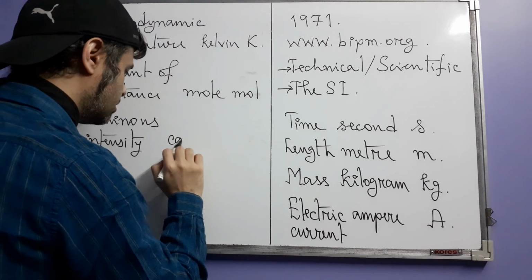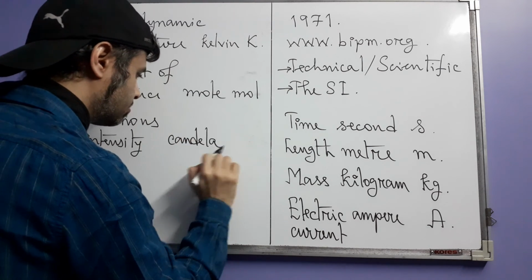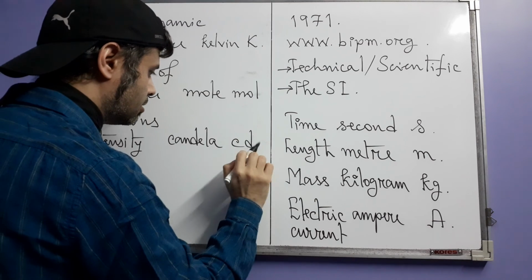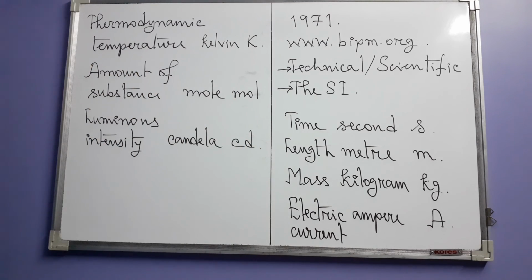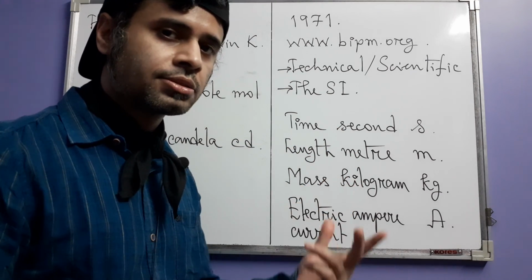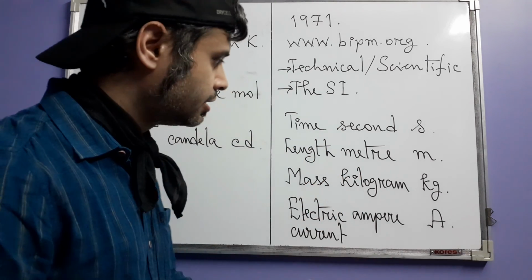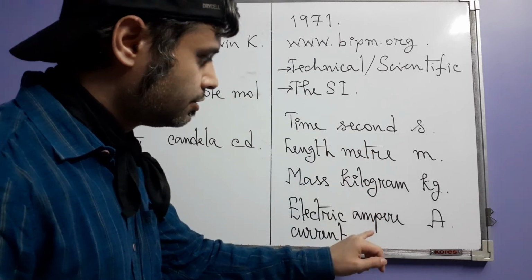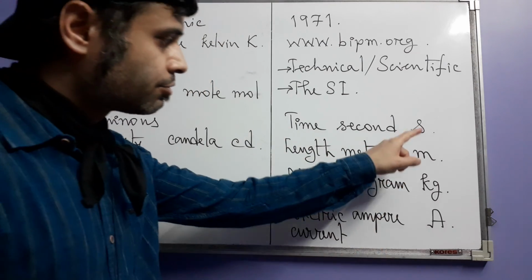And the SI unit is candela and the symbol is cd. So these are the 7 fundamental or base quantities, physical quantities, and the SI units of them along with their